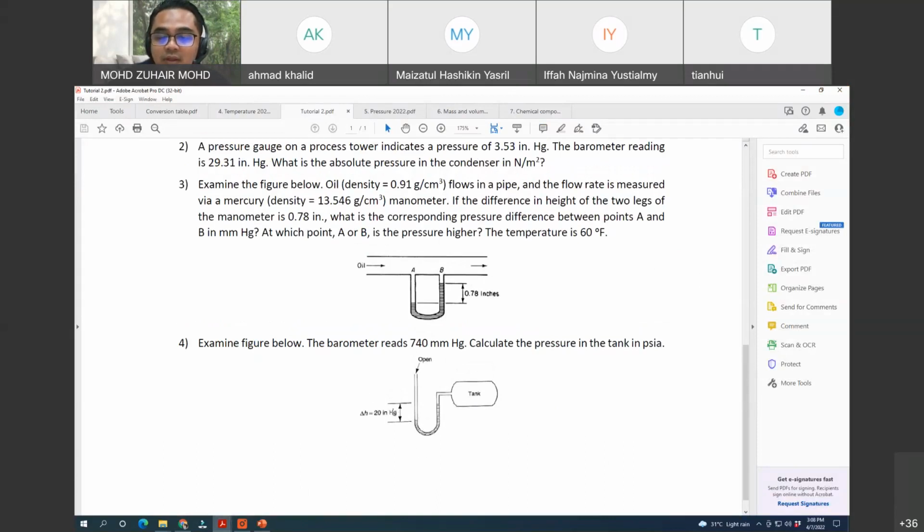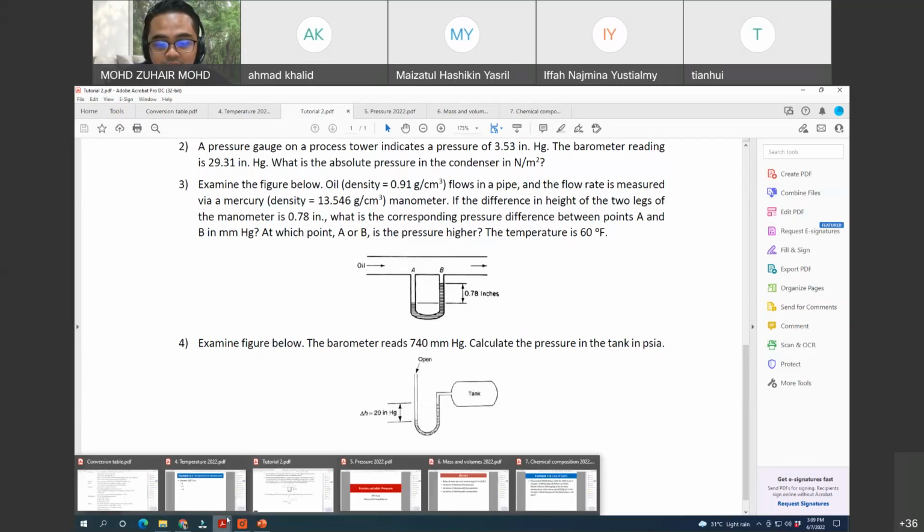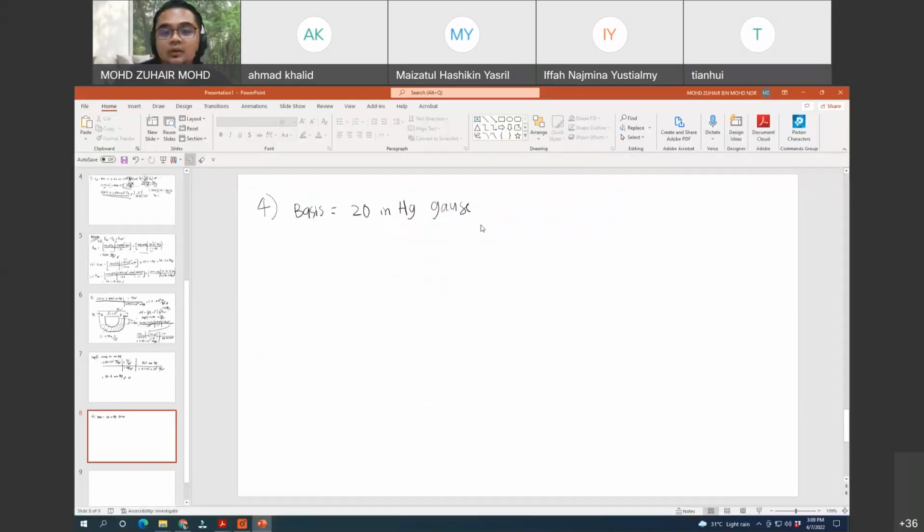So the manometer reading is 20 inch Hg. So we're just going to consider this as the pressure of the manometer, and then we are going to have the barometer which is having this. So this is the pressure of the atmosphere. This is the pressure of the tank. Okay. So this is the gauge pressure. And then